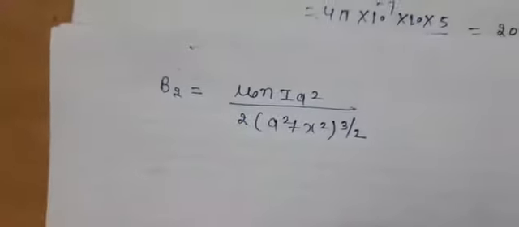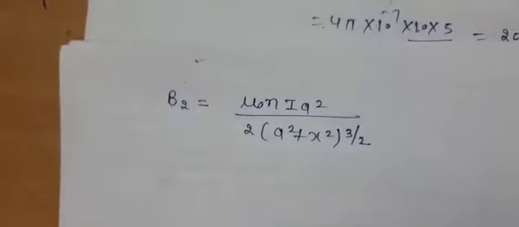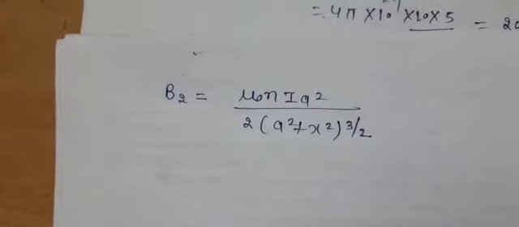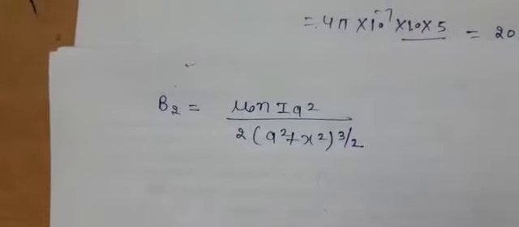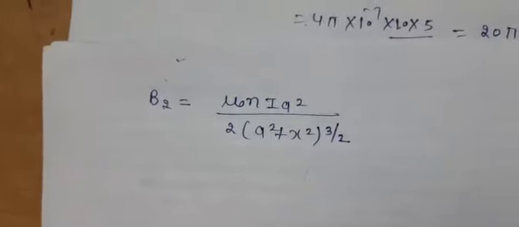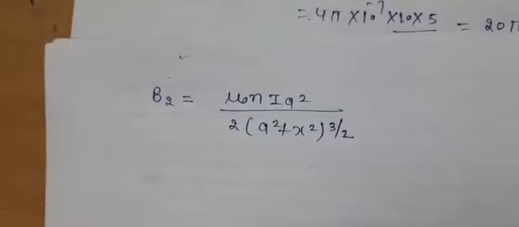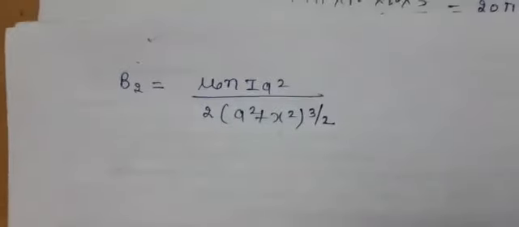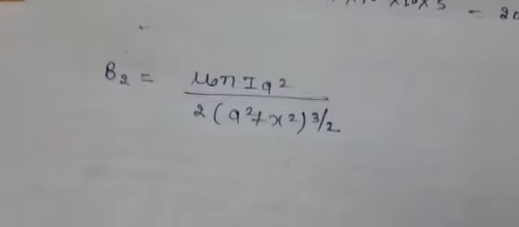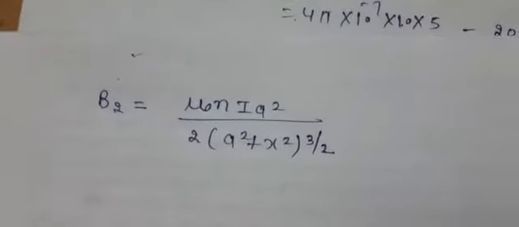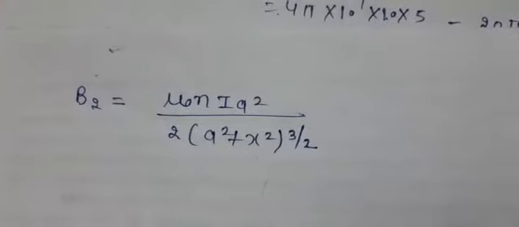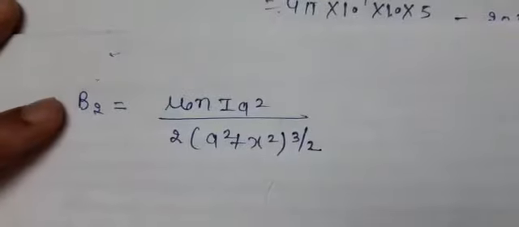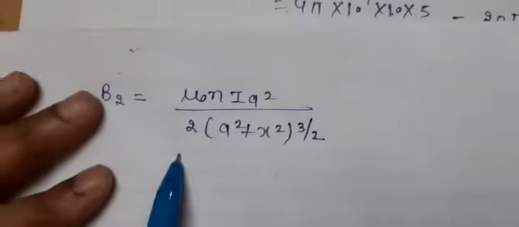See, both the coils are identical, carrying current. First of all, we are taking the same direction. If we have taken that the current is flowing through one coil and we have calculated the magnetic field B1, for the second coil, as the current is flowing through the second coil and we have to calculate the magnetic field at the center of the second coil, in that particular case the magnetic field will be obtained by this.